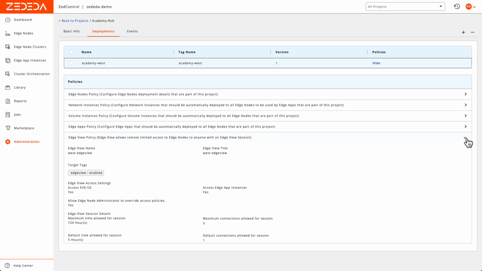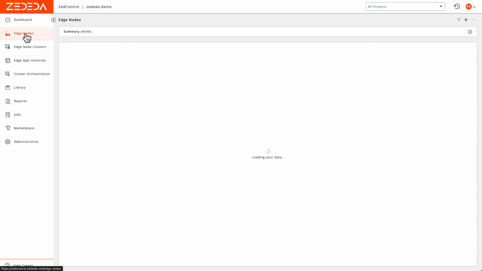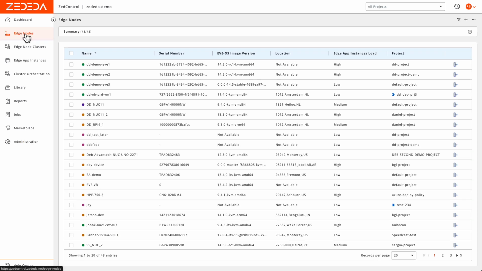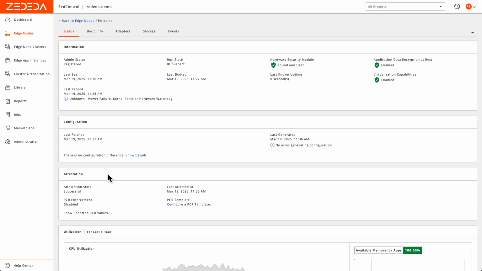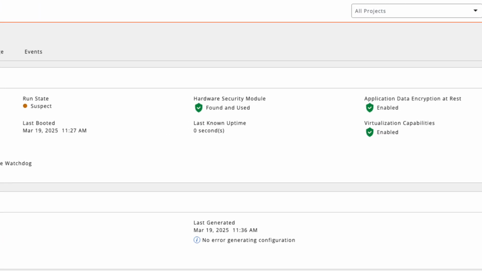Next, let's take a closer look at our edge nodes. Here we can see the edge nodes that are part of this enterprise from all projects. We haven't selected a specific one in the upper right corner. And digging into any one of these, let's choose EA Demo. We can see a lot of information about the edge node. We can see that this one's currently in a suspect run state, which means it hasn't been online for a